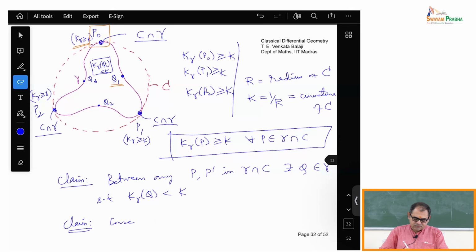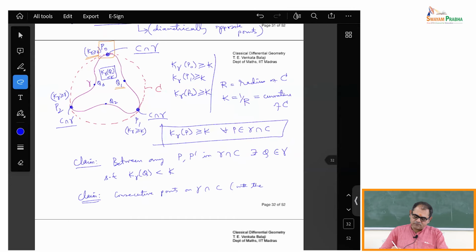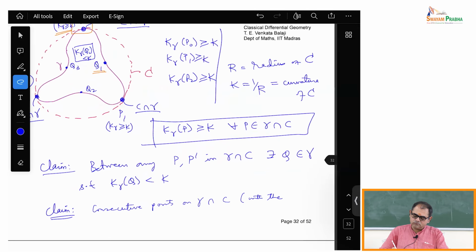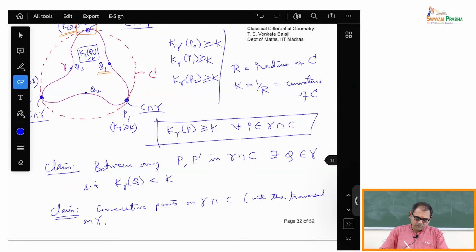Consecutive points on gamma intersection C, with the traversal on gamma being counterclockwise,